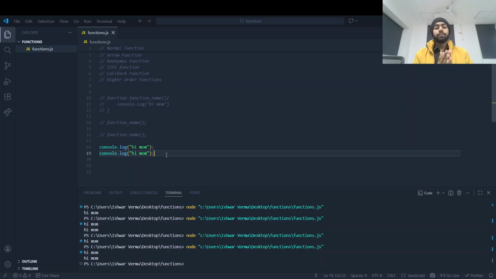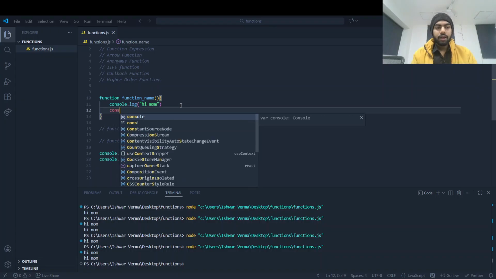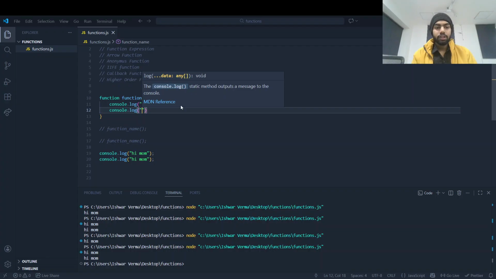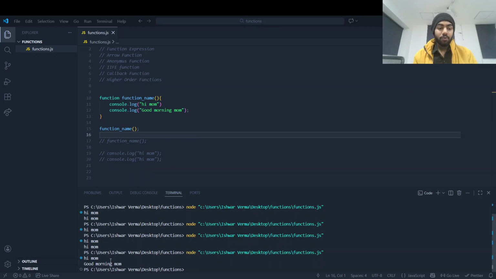Suppose you have a piece of code that is repeating many times. Here we can use functions. If I write all the code inside this function, hi mom, and console.log good morning mom, and then I call this function, you can see the magic happens: hi mom, good morning mom.